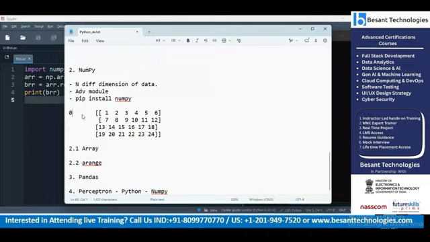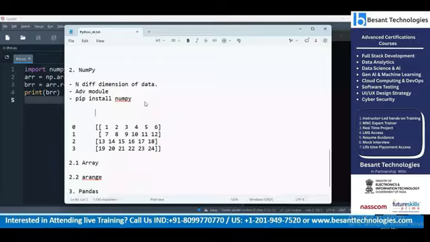Here this is index 0, this is 1, this one is 2, and this one is 3, right? The indexing position. And this is also 0, 1, 2, 3. And when we go for the columns, this is 0, 1,